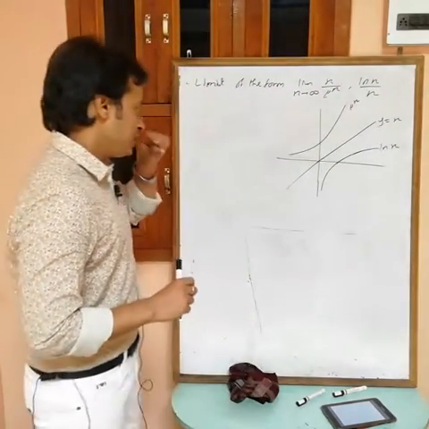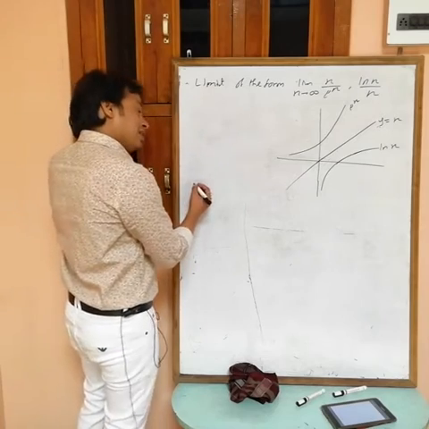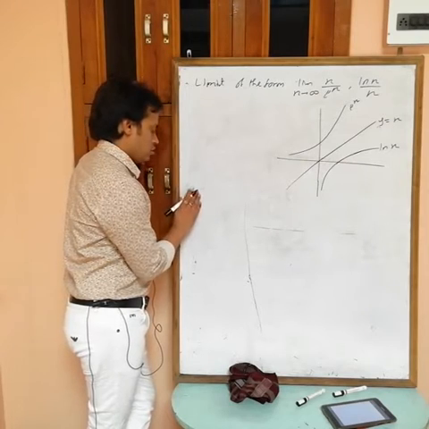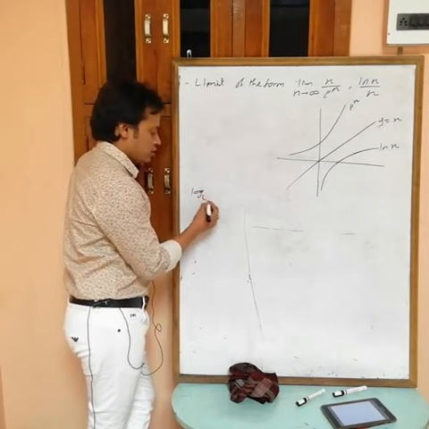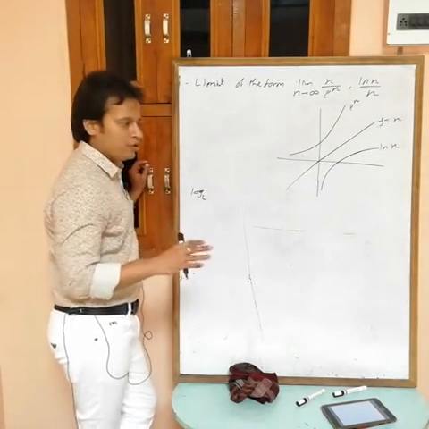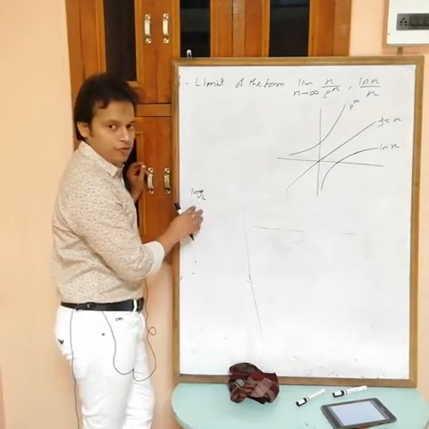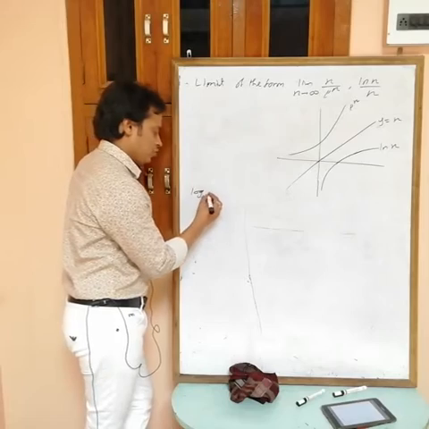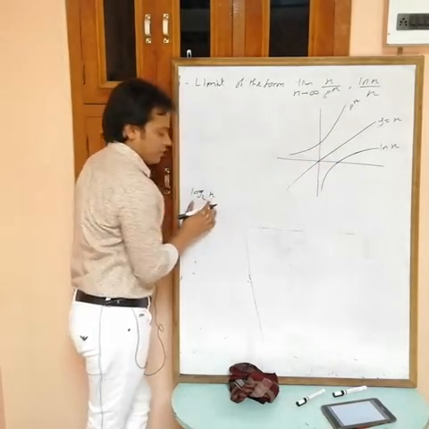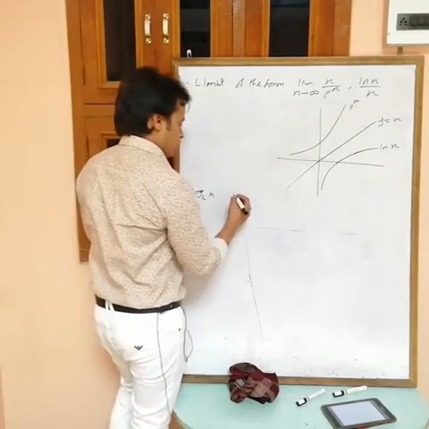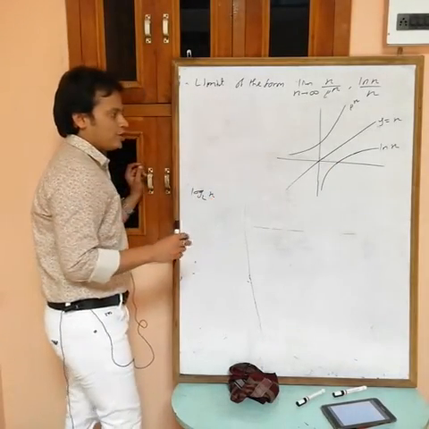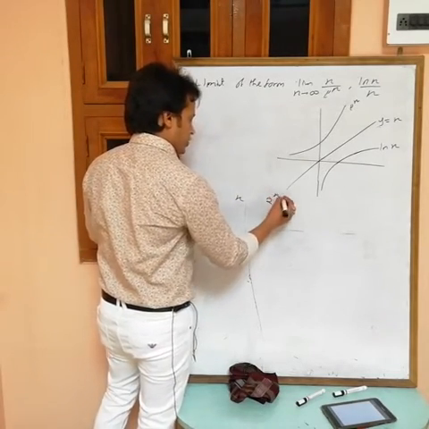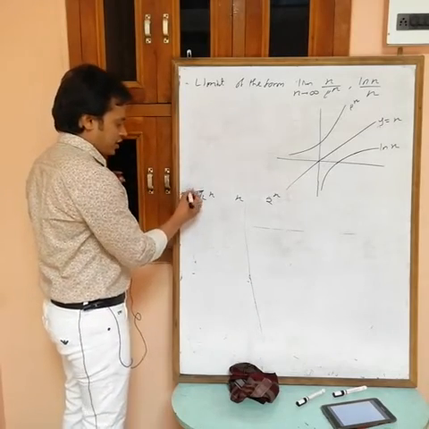Okay, for example, for ln x, can I take base as 2? Base of this one is 2.71, and this is also true for base 2, base 3, base 10, true for all. If base is greater than 1, I am taking log 2 x in place of this one. To explain, here y equals to x, and this is also true for x power n. I am taking x, and e power x, in place of e I can take 2 power x. Now put the value of x.